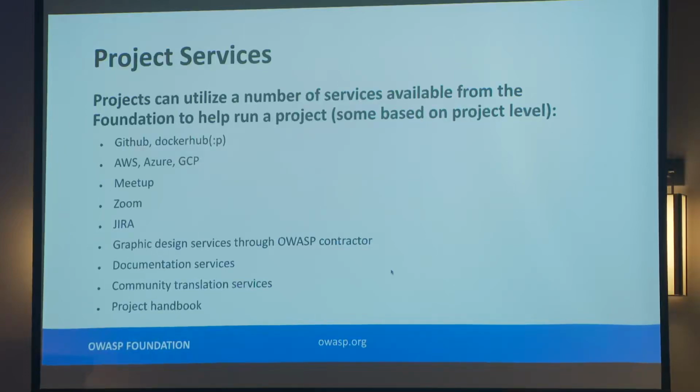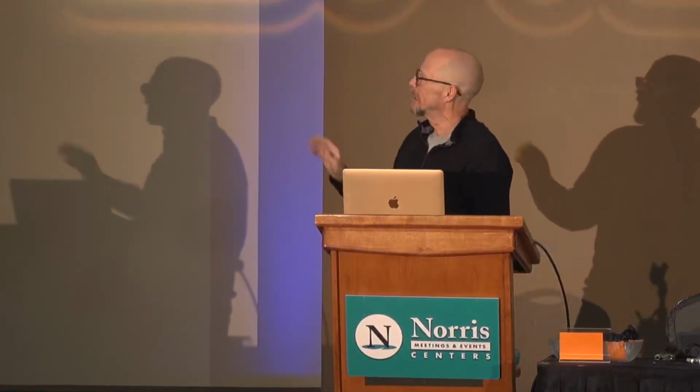I mentioned that because if you need your project translated, the best place to go is into the community Slack and request people, because as we know, this is a global organization. And so we have people in all the countries around the world who will be able to help you with your translation. And project handbook is listed at the end, and I put it in there kind of as a joke. Only because the project handbook needs to be revised, and it's currently in the project committee for that. The current version is 2014, and it is terribly outdated.